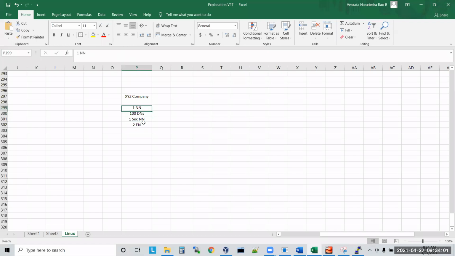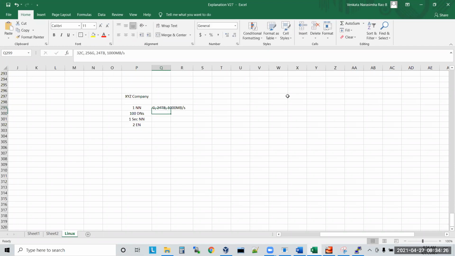Now, what is each machine's capacity? He is saying a 32 core machine, let's say 256 GB RAM, 24 TB hard disk, and 1000 MB per second network.